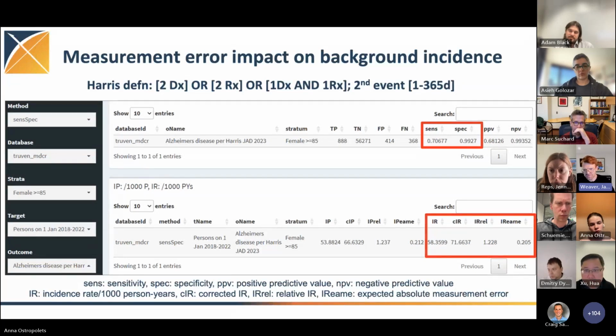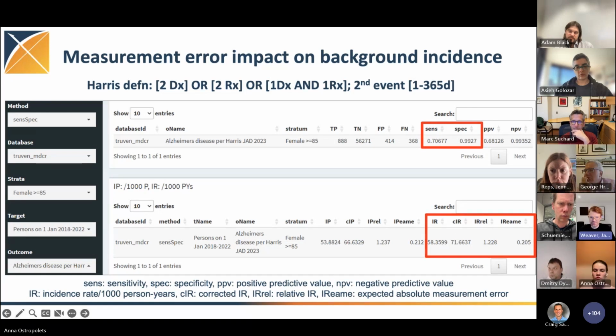There's a great deal of precision with these estimates owing to the PheValidator process of evaluating on a large sample from the population. Down in the lower right, you can see that the background incidence rate of this particular Alzheimer's definition was 58 per 1,000 person years. But then after applying that correction that I showed in the last slide, that then increases owing to the 70% sensitivity to 71 per 1,000 person years. And that is a relative difference of 22.8% with an expected absolute measurement error of